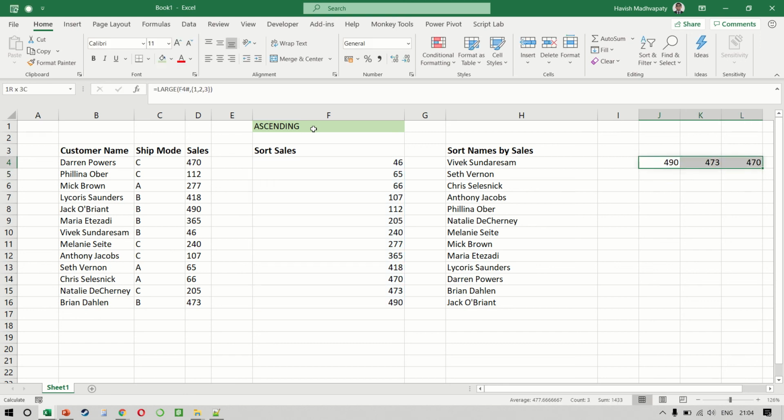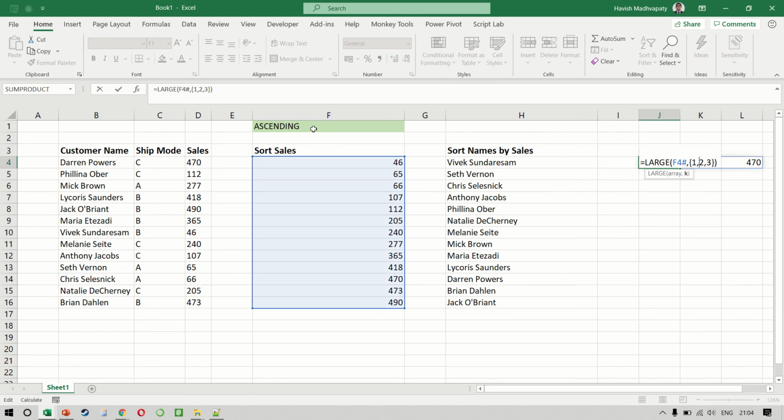You notice it gives me my three largest numbers. If I want to show my three largest numbers in three different rows, then I can put the separator as a semicolon. And if you put a SUM here, now this will automatically tell us the sum of the three largest numbers, right? So I hope you can see how advantageous something like this can be.